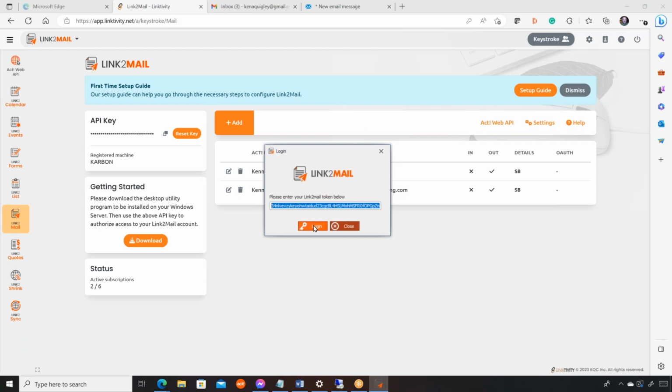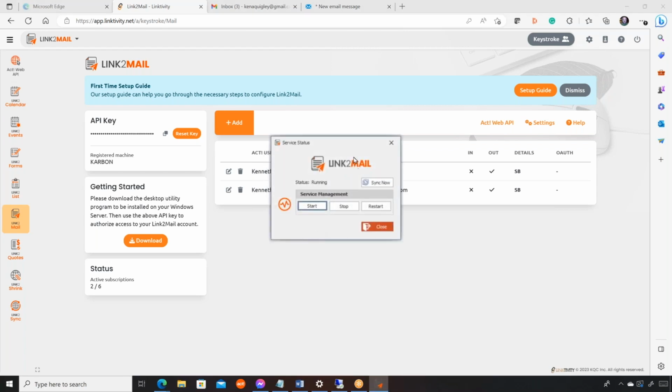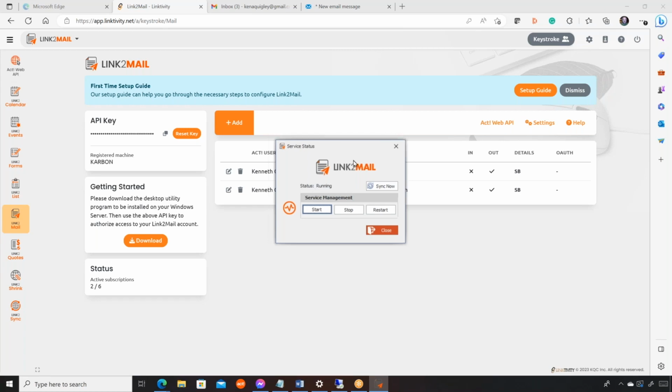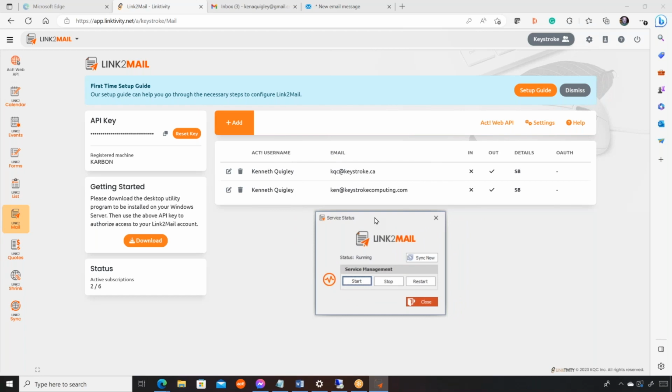So I'm just going to click on login. Now because I shut that down does not mean that it stopped. All it did was this interface logged out. It runs as a service, and this little status is running was always running. So what does this do? Well, you saw back in the settings,